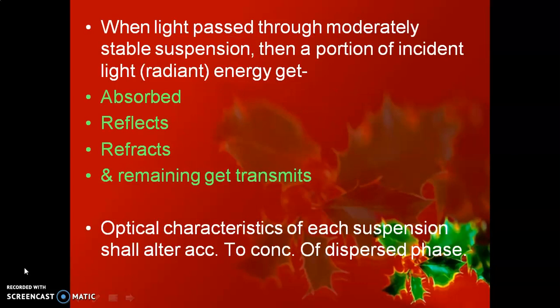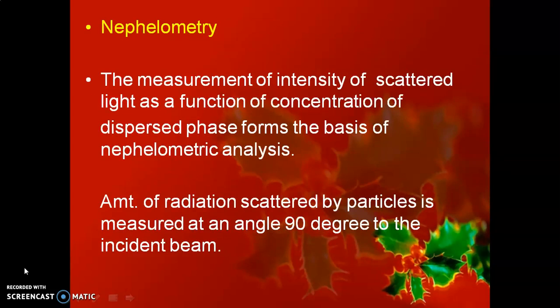When light passes through a moderately stable suspension, a proportion of the incident light or radiant energy gets either absorbed, reflected, refracted, or the remainder gets transmitted. The optical characteristics of each suspension alter according to the concentration of the dispersed phase. In nephelometry, the measurement of intensity of scattered light as a function of concentration of dispersed phase forms the basis